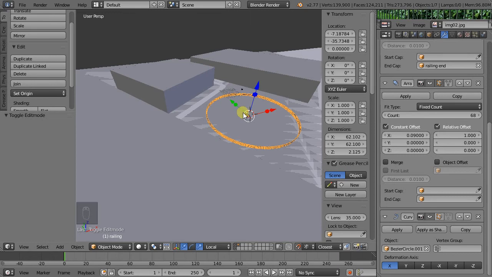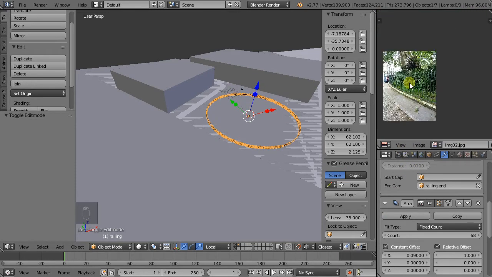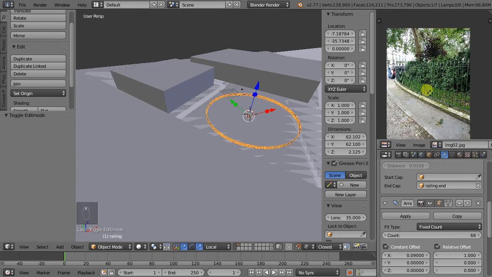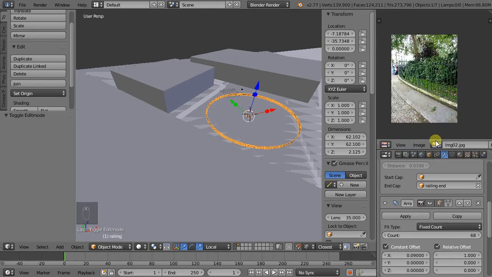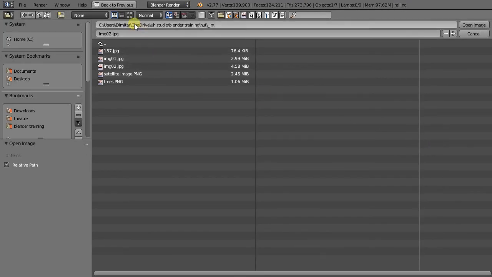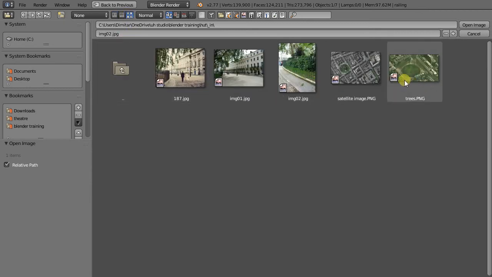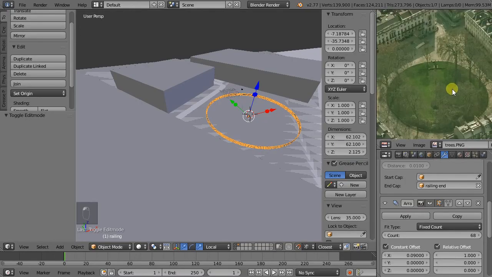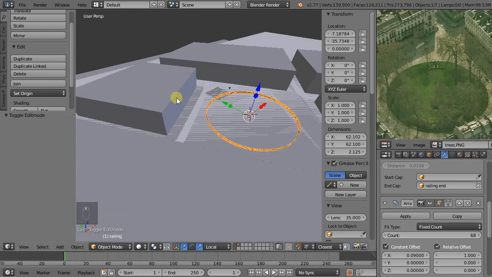So the last bit we're going to do is add a few trees. As you can see in this image, there's quite a few trees. And let's open another image with this icon. And I have an image called trees, which is a bird's eye view, which shows the trees in winter time so we can see more or less where they're located. Now they're maples, so if you remember in the beginning of this tutorial we enabled the sapling